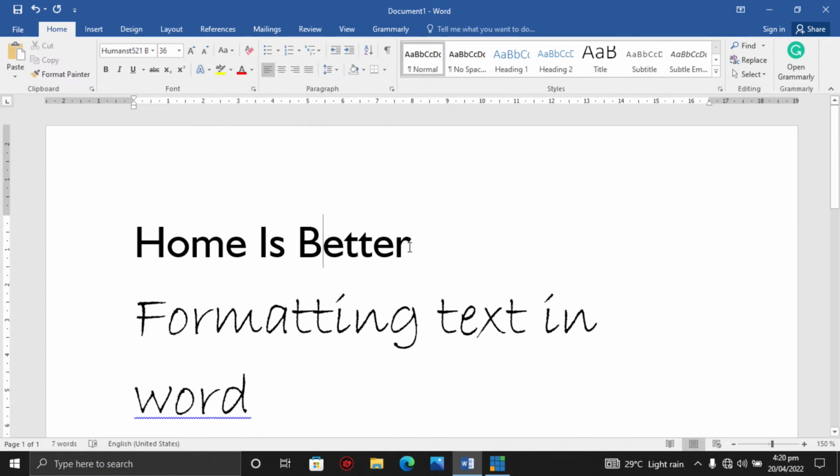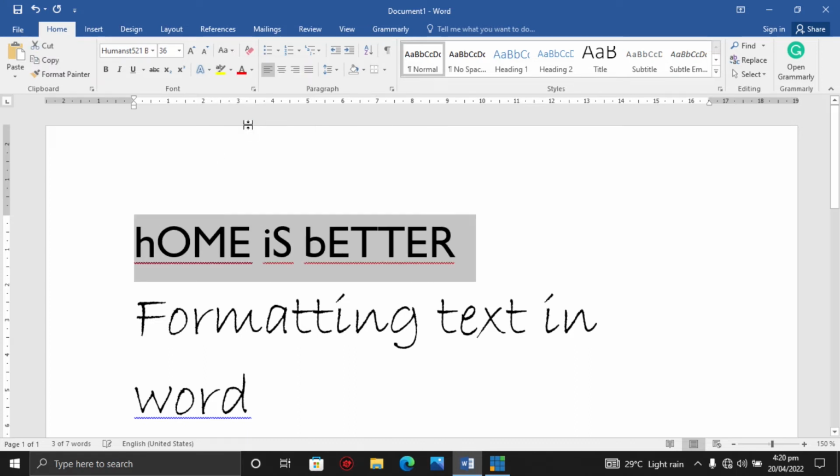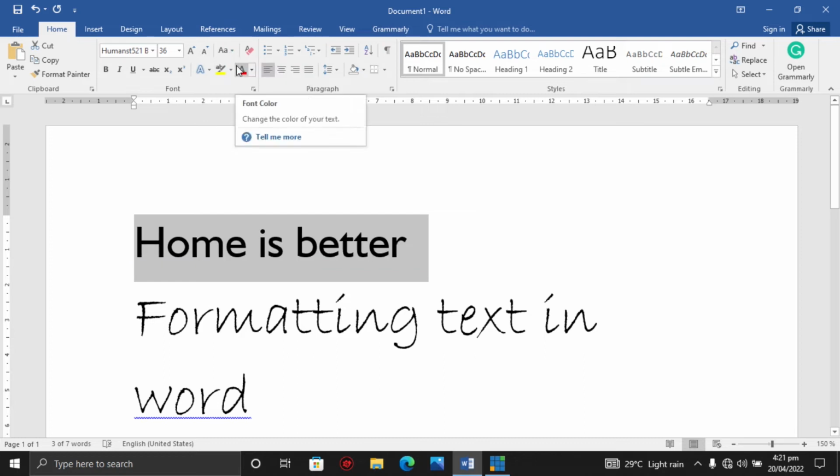Now let's go to toggle case. Toggle case changes the first letter of the words to small letters and the remaining letters to capital letters. Alright, let's take it back to sentence case. This works better. Alright, so let's highlight the home is better.